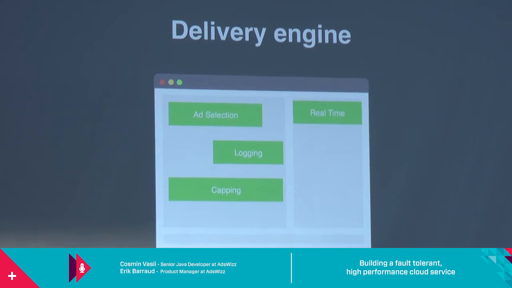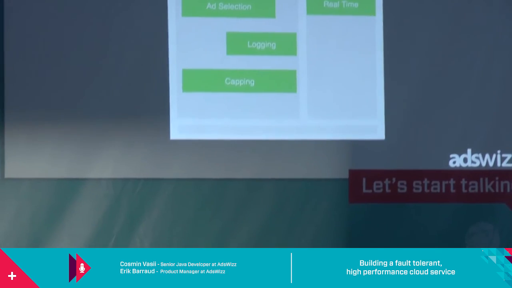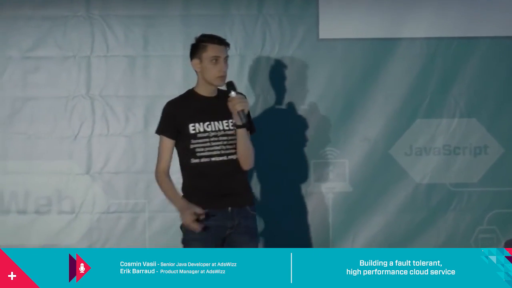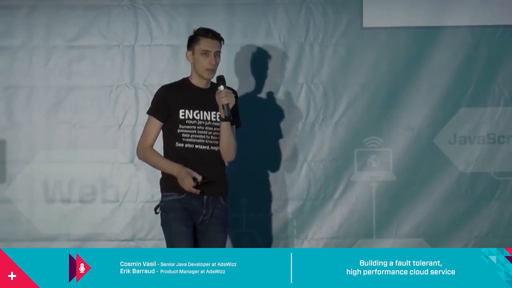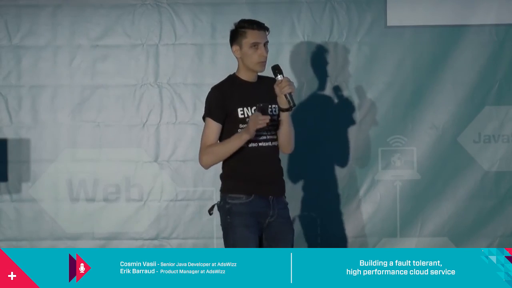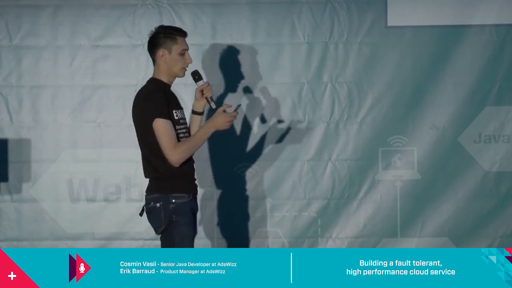So you are connected, listening, and this component figures out that you're a male from Chicago between 30 and 35 and you like BMWs. And will probably give you an ad that's from BMW. And everything must happen in real time. So we have millions of users, and they are connected, they hear a jingle, and in that moment it's panic on our system because we need to deliver those ads in a couple of milliseconds. It's ideally 10, 20 milliseconds, but we can go all the way to 300 because it's really complicated.